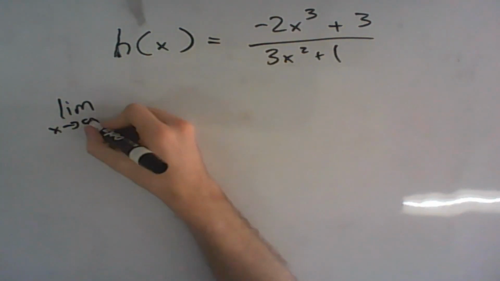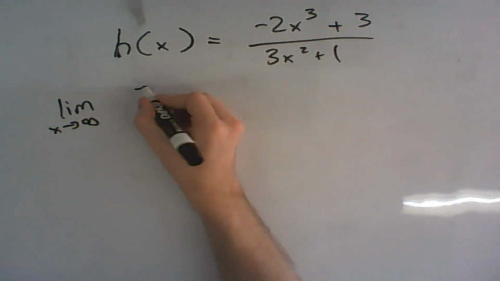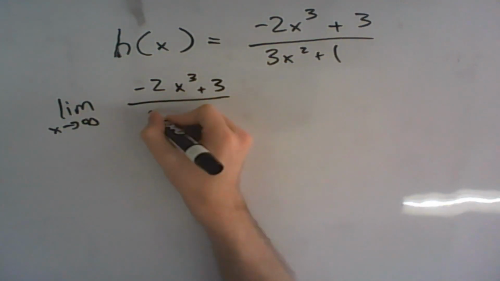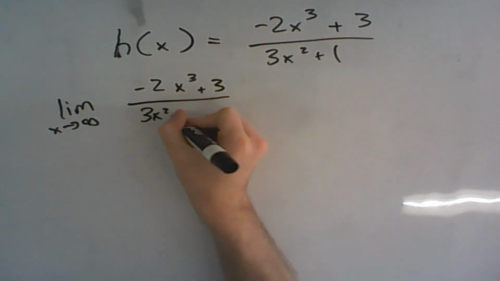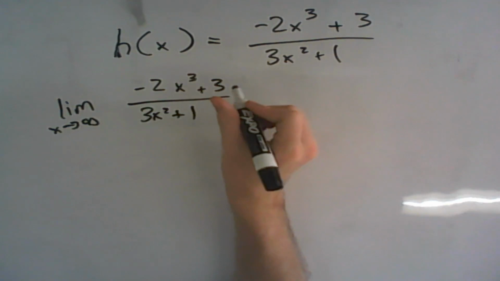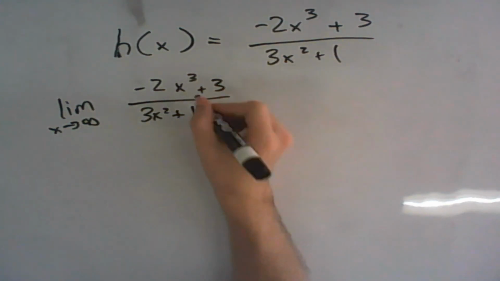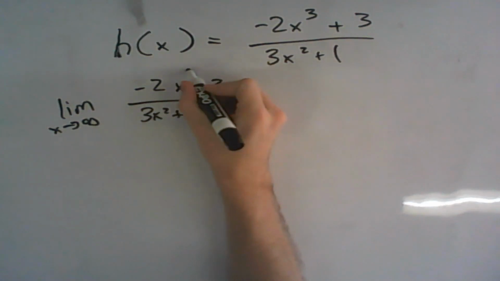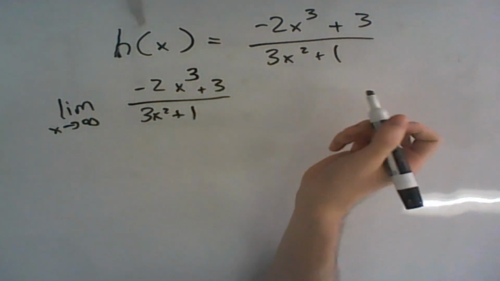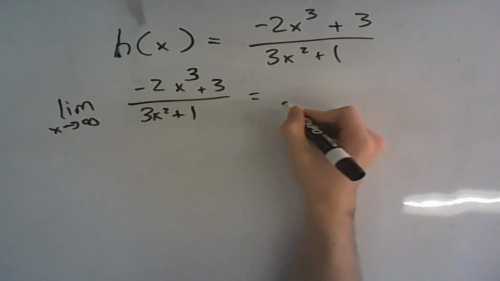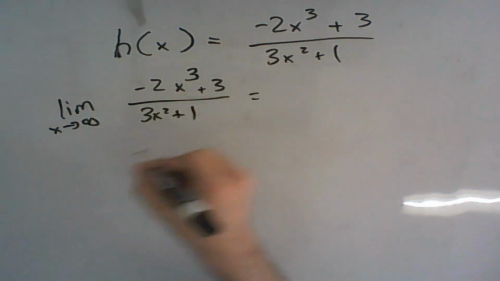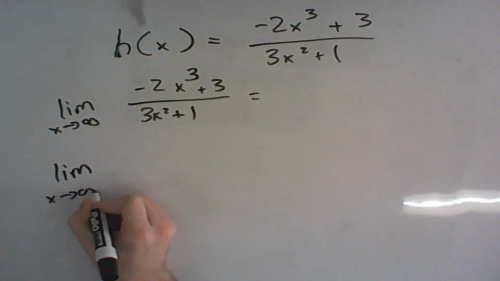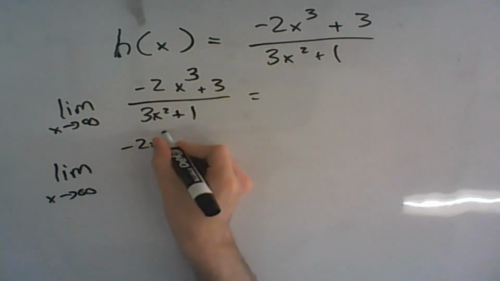We're at positive infinity right now. We're going to do negative infinity later. Okay. What's the highest power of x? X to the third. Sorry. X to the third. So, what do we get? We're going to divide everything. We get the limit as x approaches infinity of negative 2x cubed